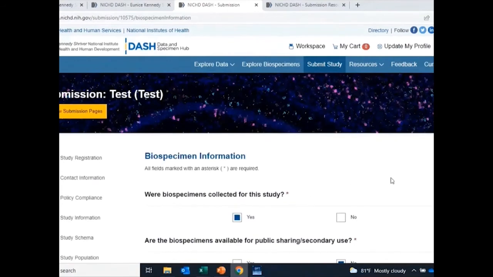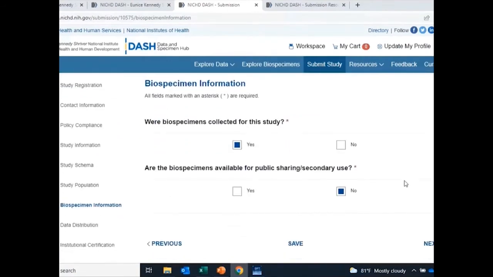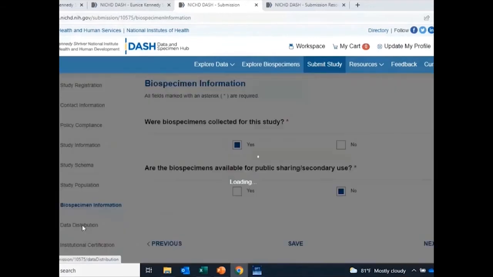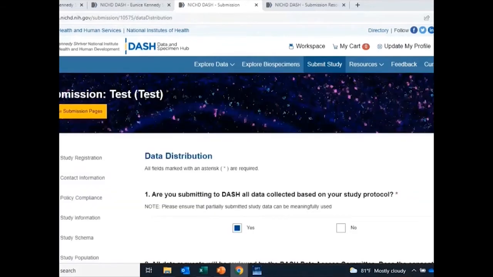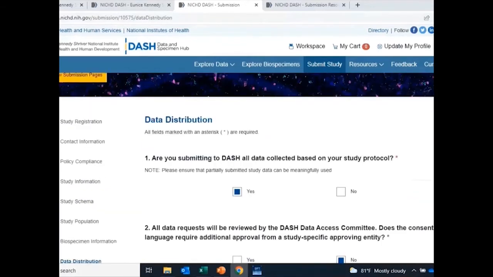For the biospecimen information tab, if there were specimens collected for sharing, you would depict them here and be able to tell us if they were available for secondary use. For data distribution, these are a series of questions to depict the data being submitted and provide additional information for